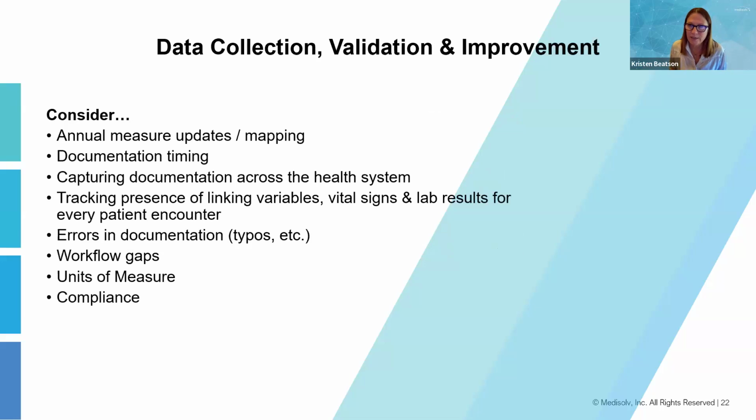So as you're considering this, and hopefully have some options to look at your data throughout the year, throughout the quarter, in advance of submission, you want to consider several things when it comes to validating that data and improving that data. The first thing is your measure specification, the logic, sometimes the data elements, definitely the mapping requirements and codes change every year. So every May, a new version of the specification and new versions of the value sets are published. And you want to make sure you're keeping up with those changes, make sure you're working with your EHR vendor, your reporting vendor, internal resources.